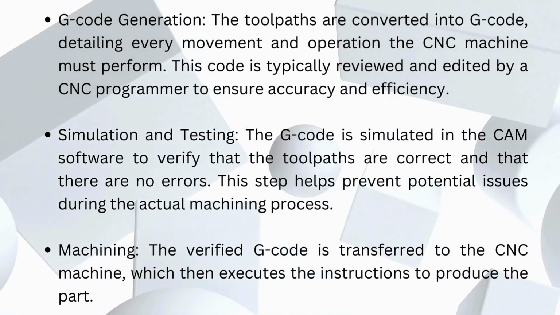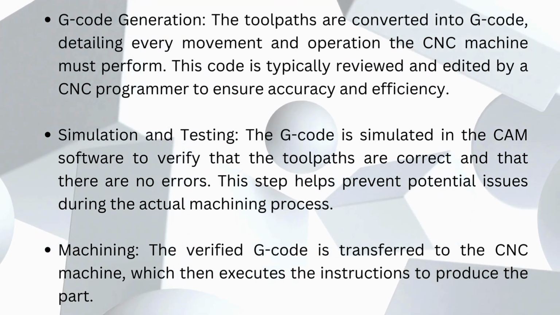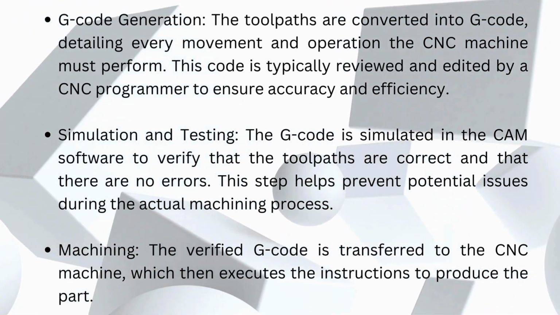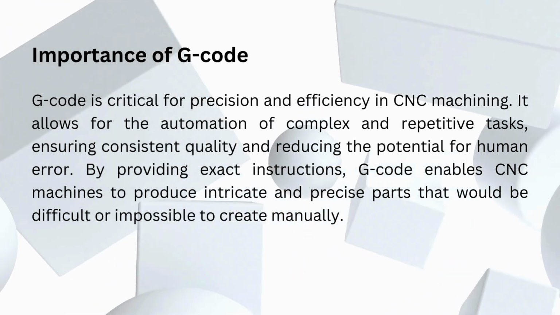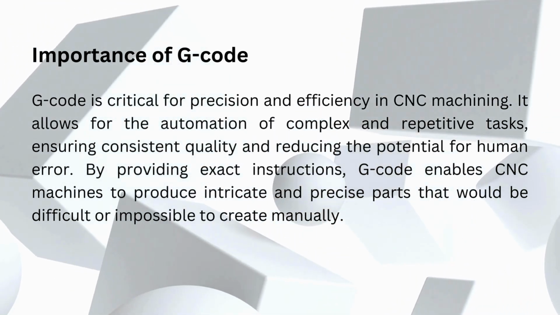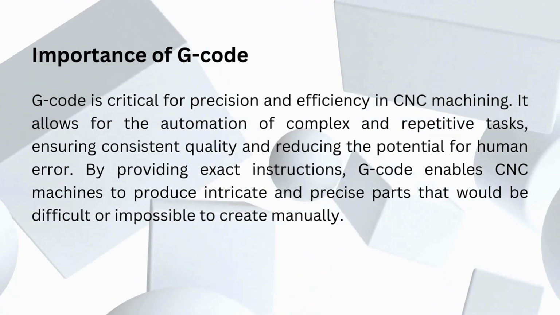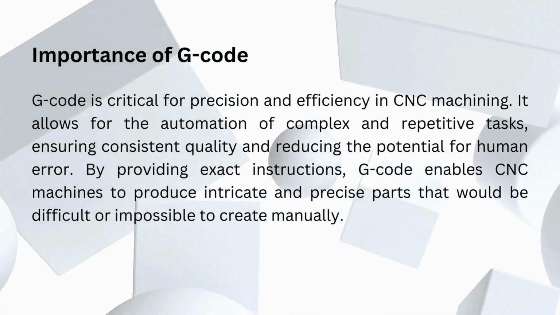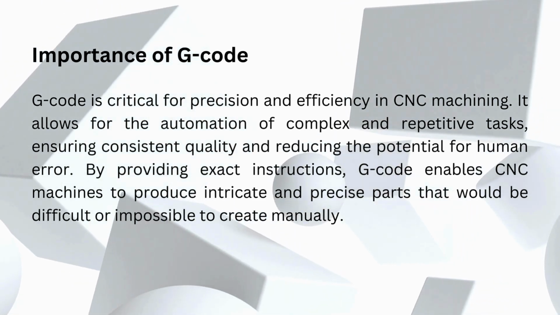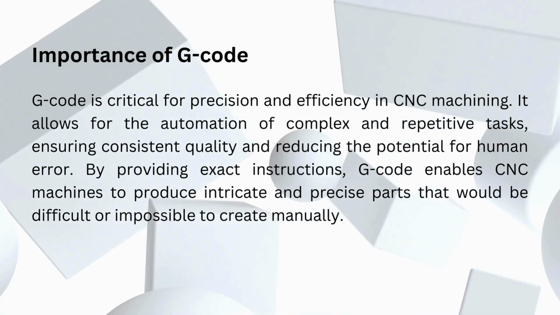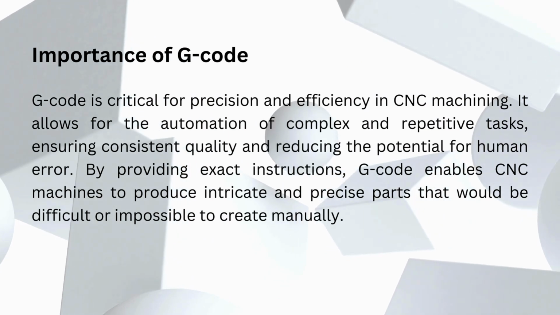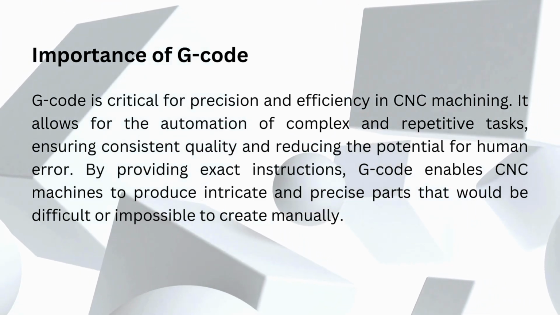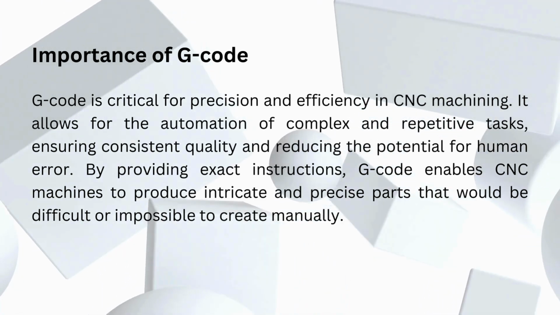Machining. The verified G-code is transferred to the CNC machine, which then executes the instructions to produce the part. Importance of G-code. G-code is critical for precision and efficiency in CNC machining. It allows for the automation of complex and repetitive tasks, ensuring consistent quality and reducing the potential for human error. By providing exact instructions, G-code enables CNC machines to produce intricate and precise parts that would be difficult or impossible